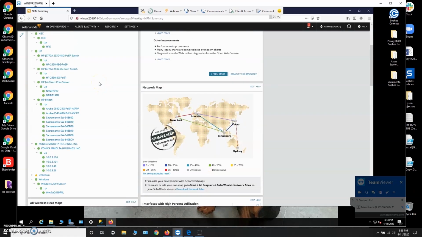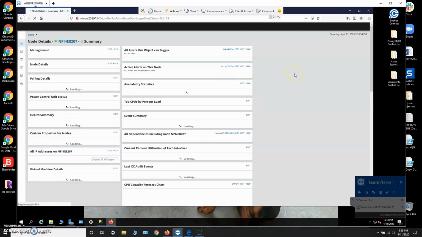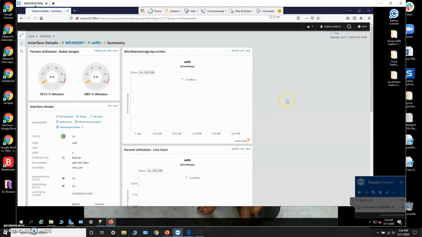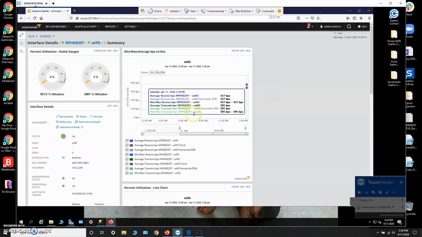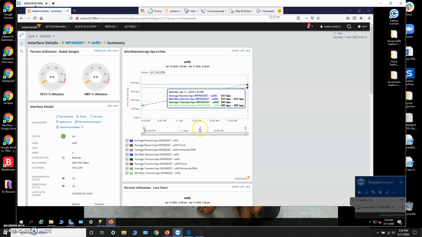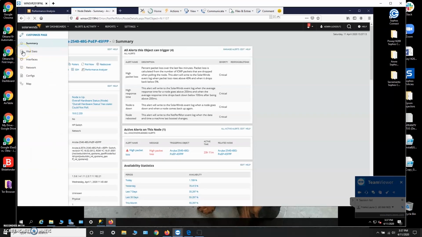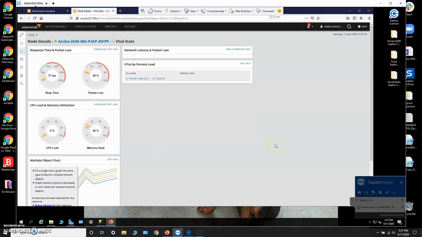So let's take a look at something. Yes, Rachel, my little bear. Let's take a look at this printer. We'll get a little bit of information there. We can go into different aspects of it. Take a look at the performance of those things. Normally those metrics would be live. Let's do a switch. Let's go here. Stats.